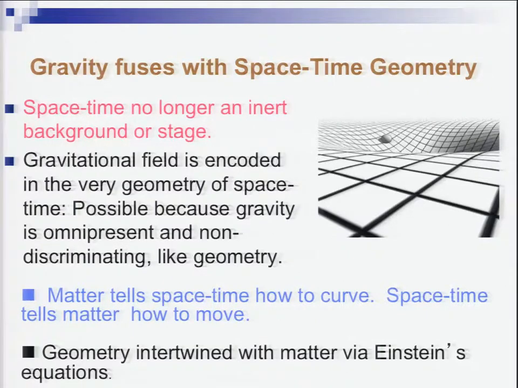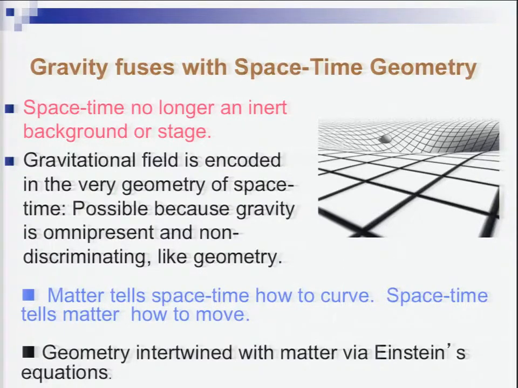So it's omnipresent, just like space-time geometry, which is omnipresent. And the second thing is that it is non-discriminating. It acts on everything exactly the same way. It doesn't matter whether it is copper or gold, whether it is a positively charged particle or a negatively charged particle, or whether it's a nuclear particle with certain quantum numbers or another nuclear particle with other quantum numbers. Gravitational field acts on them exactly the same way, just like geometry. And that is the reason why gravitational field, and only gravitational field, can be absorbed into the very geometry of